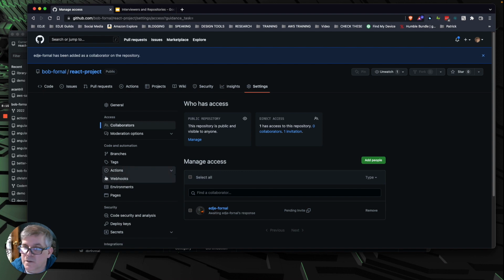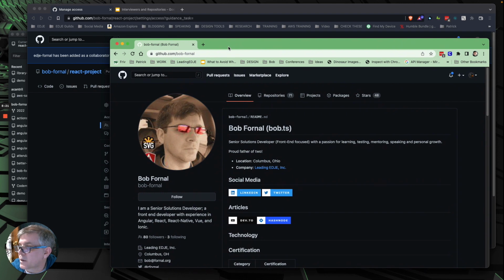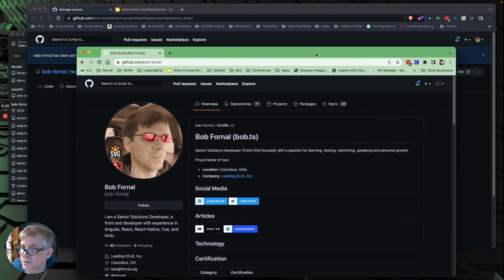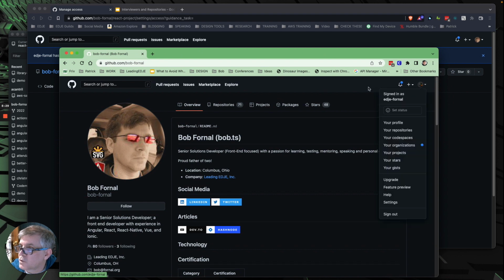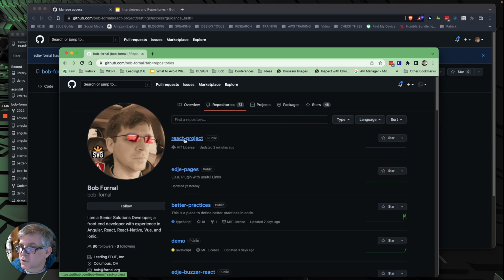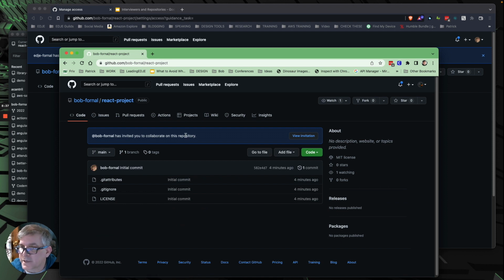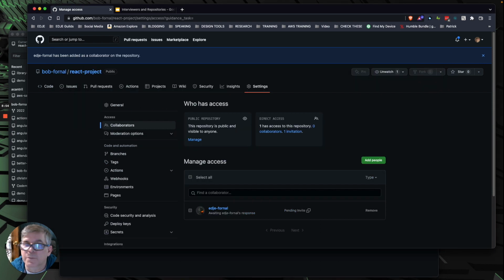Now it's pending invite, and I do actually have that account open. It's open looking at my account, but I don't want this over here. We're going to need it later. Notice the changed icon. This is Edge Portal that I created so that I can actually do the reviews. On this one, I can come to the repositories, and we're looking for that React project. Yes, I can follow the link to it, but in here as well, we should be able to... No. Oh, okay. Hang on one second. I've got to find the email, which is going to be...